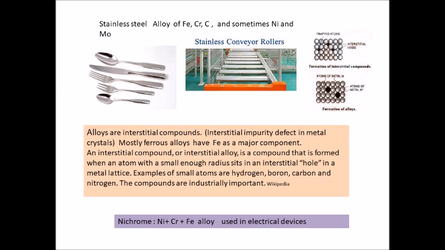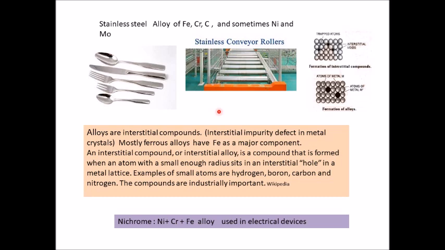Now, besides forming colored compounds, transition elements also are capable of forming alloys. Alloys basically are of two types, or we can study them in form of two groups. One is the ferrous alloys and the other is the non-ferrous alloys. As you can see from the name, the ferrous alloys will be having iron as an important component in them. The non-ferrous alloys have no iron in them.